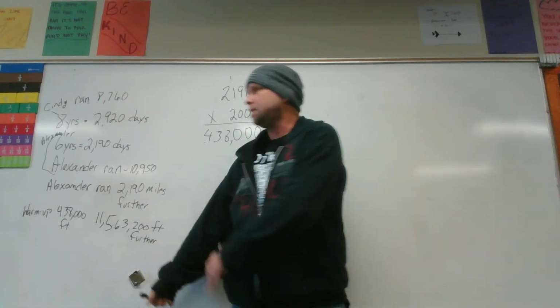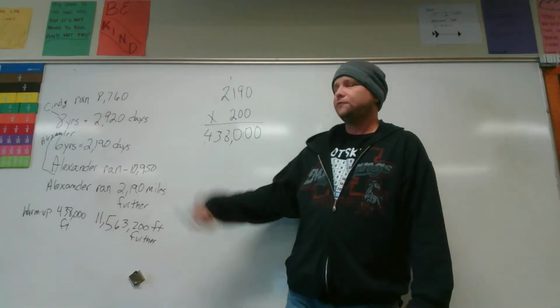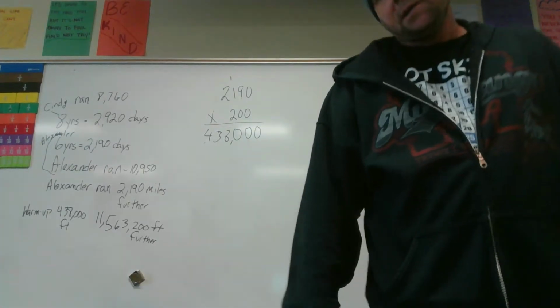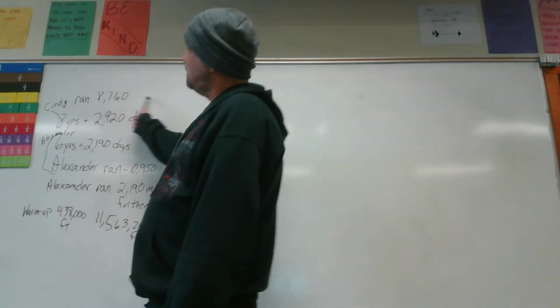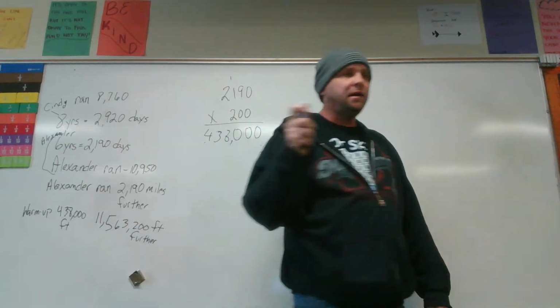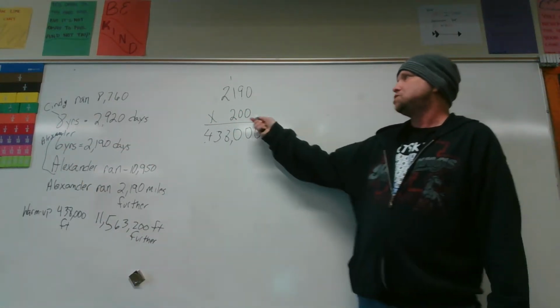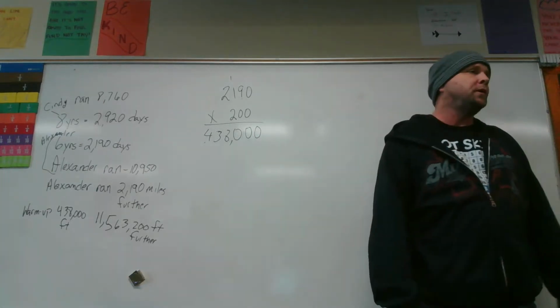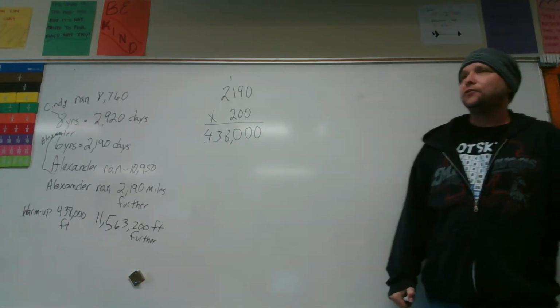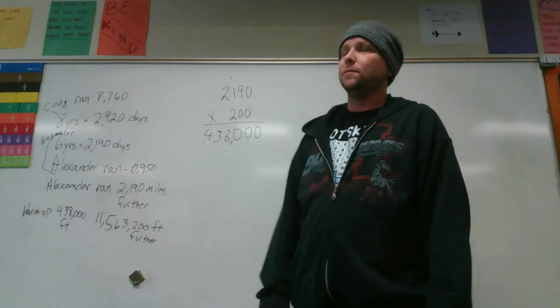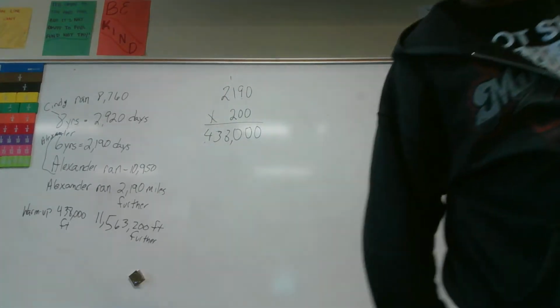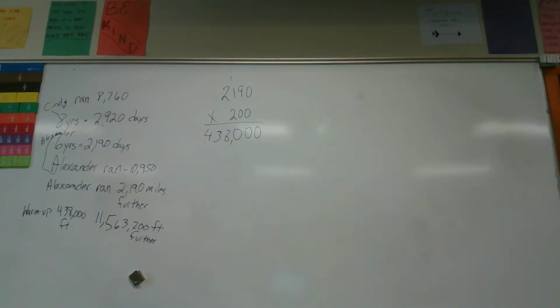So, pretty easy. It's just a matter of filling in blanks, really. And if we kept this written down, I knew what to multiply by. If I know my math strategies, I can multiply or move those 3 zeros down, and then you're not multiplying a 3-digit by 4 digits, just a 3-digit by 1 digit. Next question. Wouldn't it be a 4-digit by 1 digit? No, because I moved that 0 down.